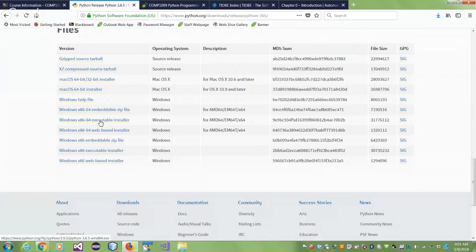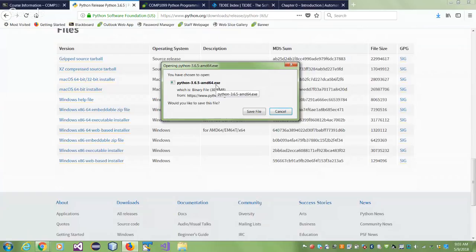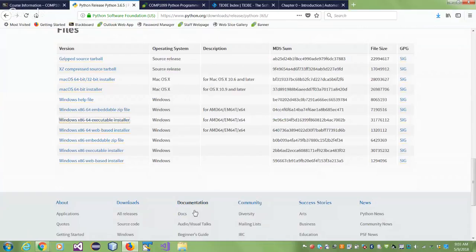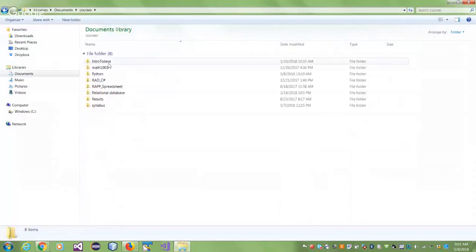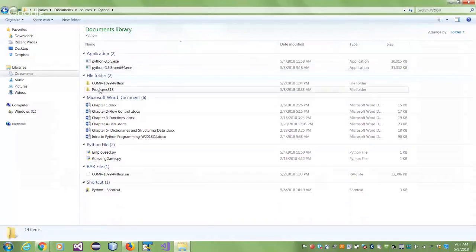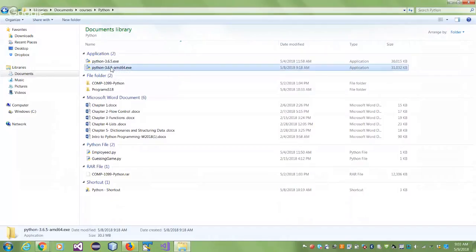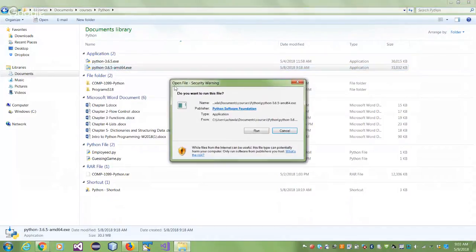I went with the Windows x86 executable installer, and it is an exe file. Notice it is an exe file, and all you do is save this file, and once you save it, you double click on it. It is an executable file, extension exe. It will run and installation will start. For me, because I've already installed it, when I run it, it will ask if I want to repair it or something, so I won't go through it. I made a mistake of getting the 32-bit without even looking at it. So when I run this file, it is an executable file, you run it.